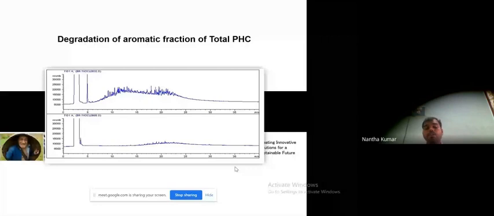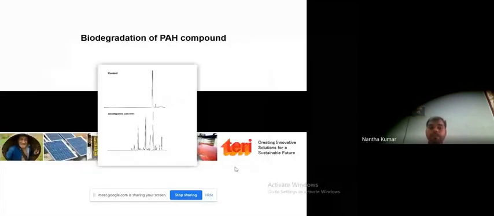how the aromatic fraction is removed from the TPH. Again, this is the Alcaligenes strain which is used for the degradation study. Controlled, so there is an intermediate product after the degradation process, and that can be characterized as to whether it is toxic or non-toxic. If toxic, then what other strain can we use?